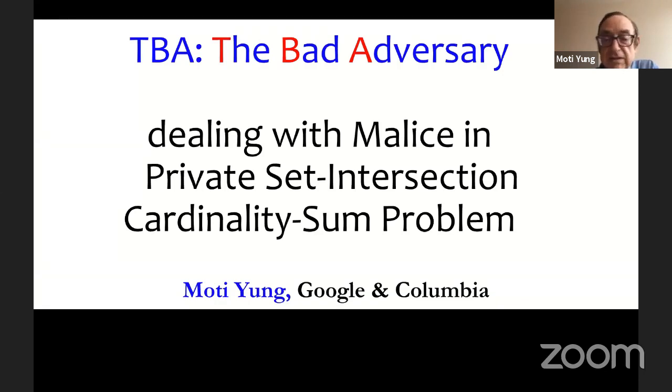Think about two players, Google and a merchant called Macy's. They each have a set of users, let's say these are their names, and they want to compute the private set intersection. They're engaged in a protocol, and at the end, since the common elements in the lists are Bob and Eric, they both compute Bob and Eric.